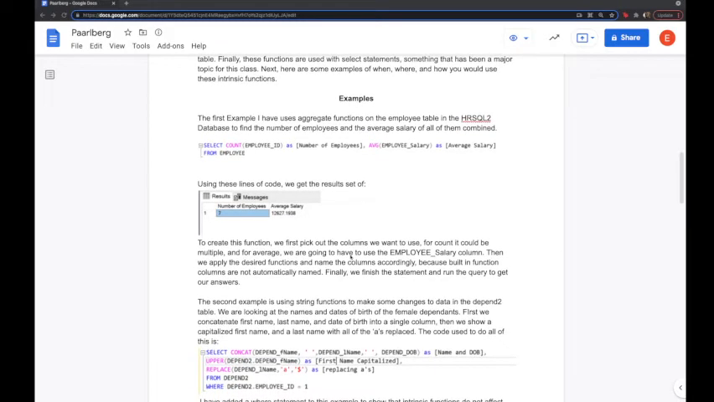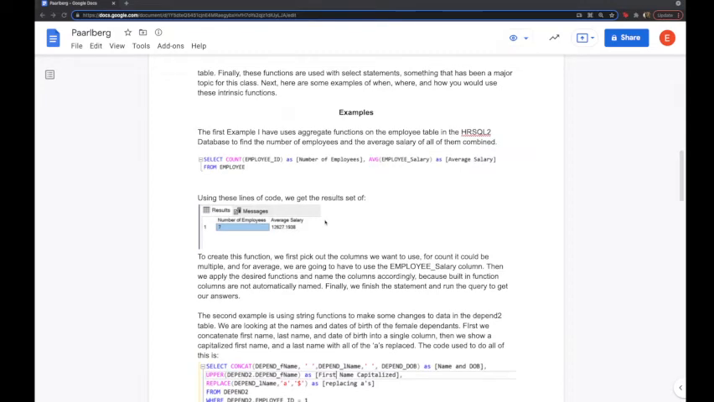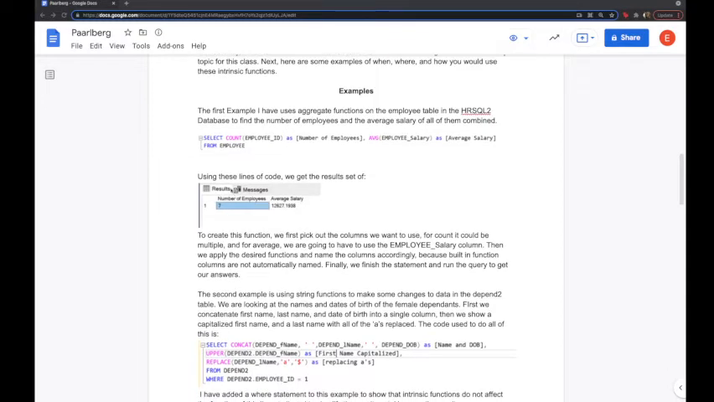So the first example that I have uses aggregate functions on the employee table in the HRSQL2 database, which is what I'm going to use for all my examples, to find the number of employees and to find the average salary of all of the employees combined. So the code here says select count employee ID as number of employees, average employee salary as average salary, and select from employee. Using these lines of code, we're going to get the result set of one single row, number of employees, 7, average salary,